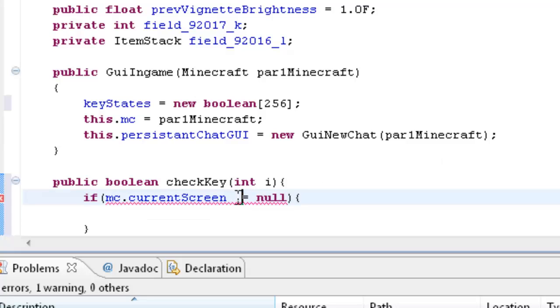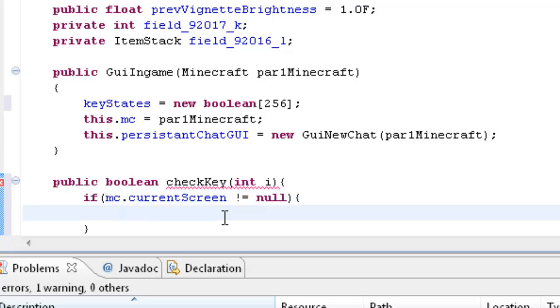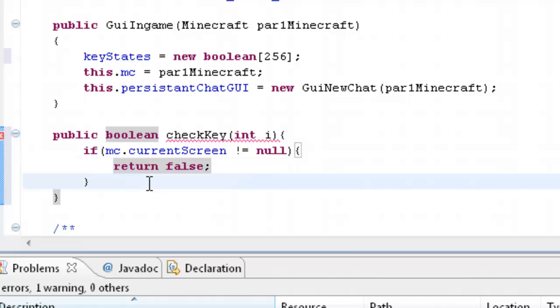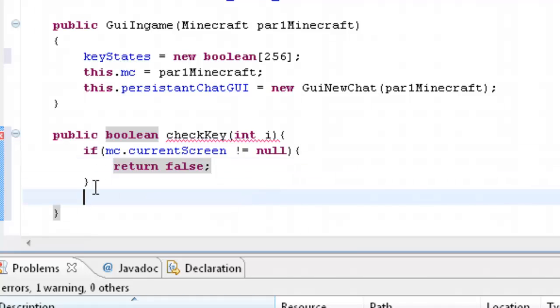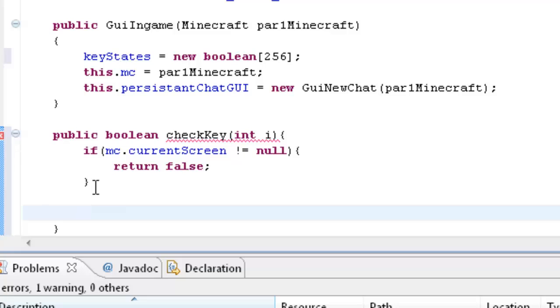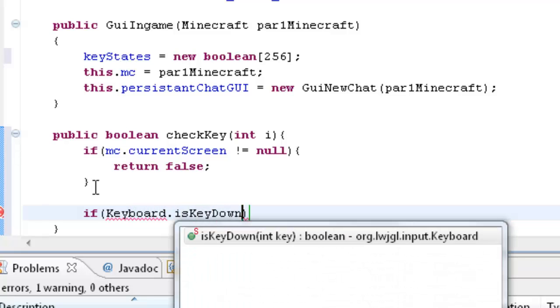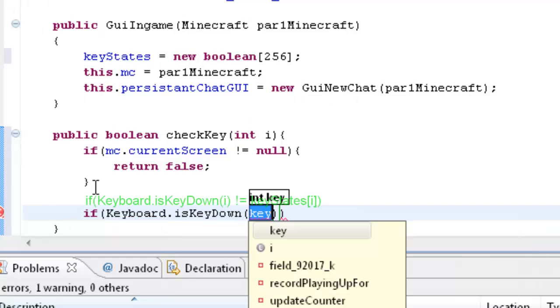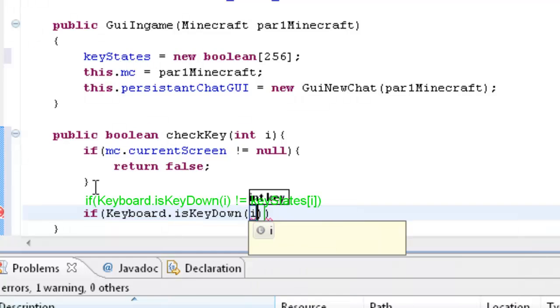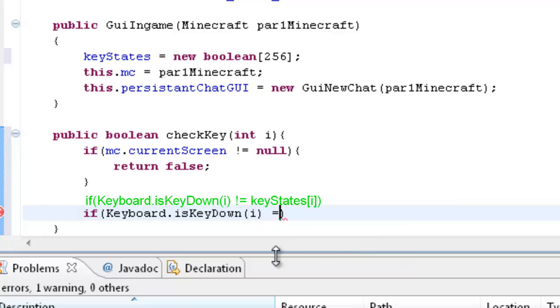Sorry, does not equal null. So the exclamation mark goes before the equal sign. Then you want to type in return false. And then just under this, just outside this bracket, get in a line, and then we're going to type in if Keyboard with a capital K dot isKeyDown, and where it says key we're going to replace that with i, equals